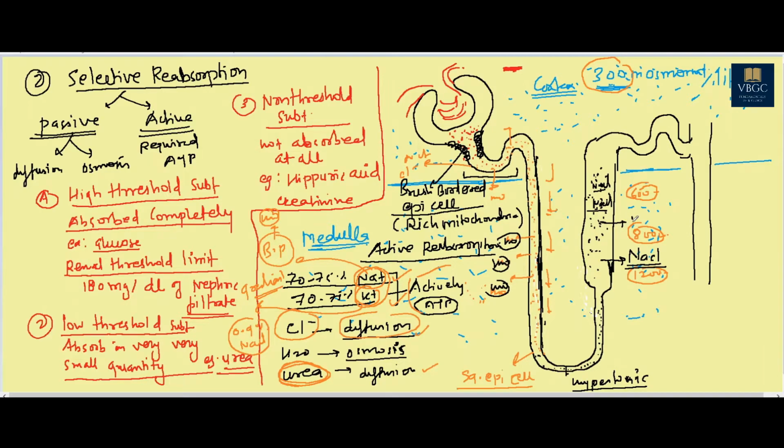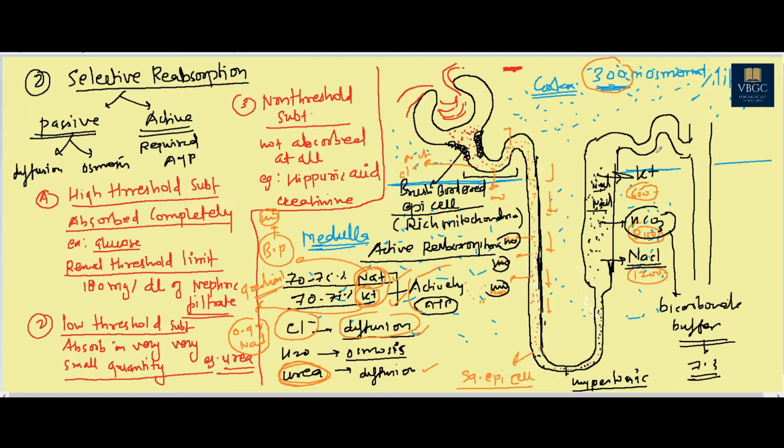Then bicarbonate is also going to get absorbed. Why are we absorbing the bicarbonate? Because in our blood bicarbonate is present as a buffer. We have a bicarbonate buffer in the blood that maintains the pH of blood at 7.3. That's why we are absorbing the bicarbonate here in the ascending limb of the loop of Henle. Some amount of potassium also gets absorbed here. Potassium absorption takes place here, salt absorption takes place here, and bicarbonate is also absorbed. All the things which are absorbed here move into the interstitial fluid, and some amount moves into the vasa recta.